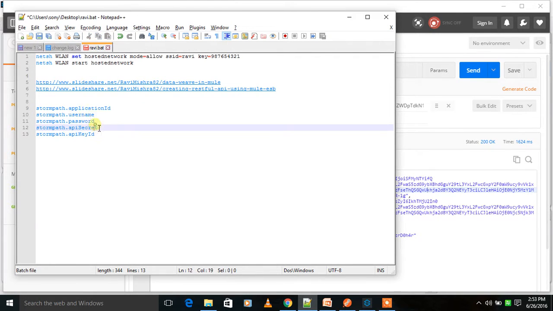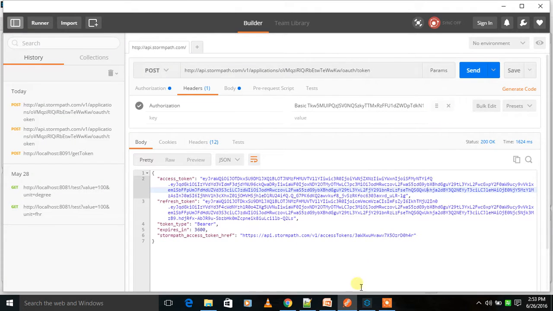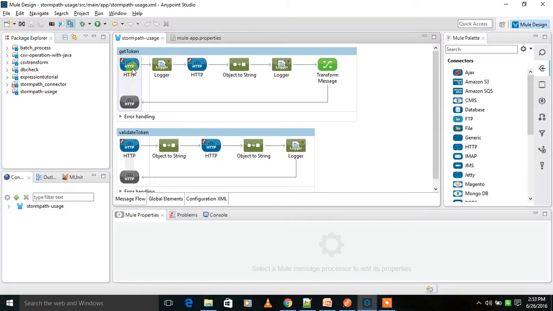You need the application ID, and you need your username and password. Whoever is trying to get the access token needs to have a username and password for himself. Then the API secret and API key are a Stormpath administrator thing. So these values should be passed, and the application ID is important. Then only will you have this token generation.